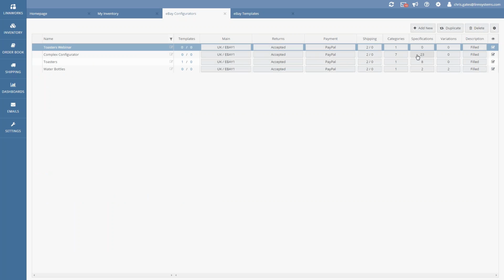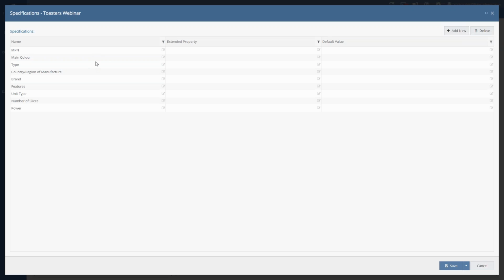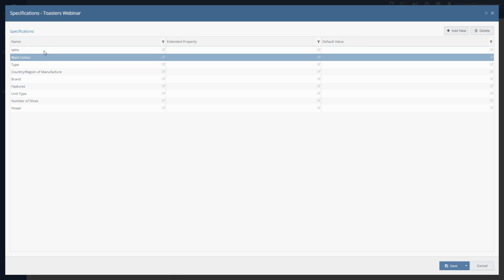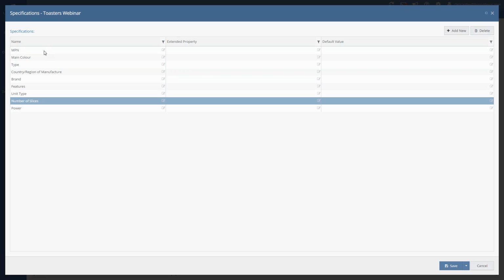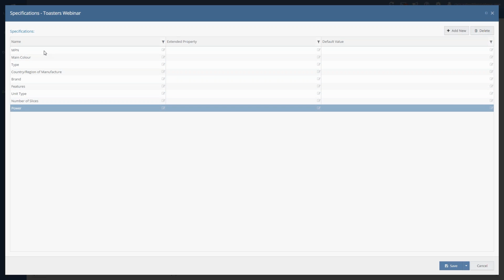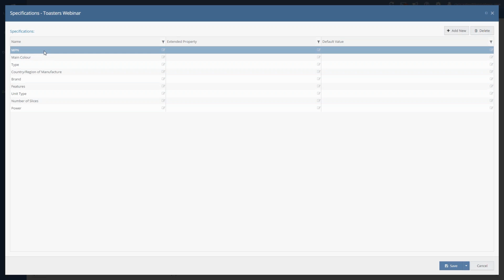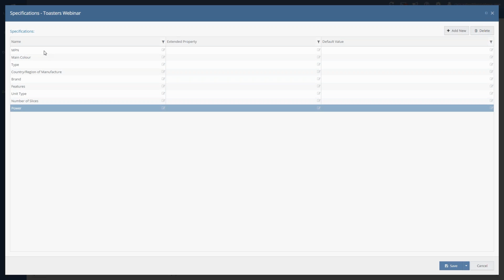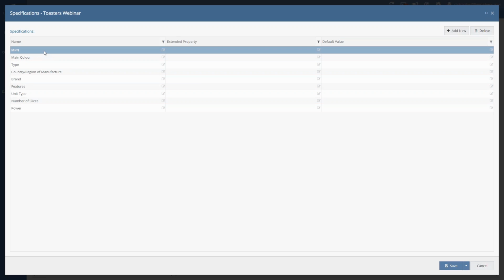And specifications is where it gets interesting, because if I open specifications up now, eBay will tell us that because we've picked the toaster category, all of these item specifics are recommended for listing in that category. Okay, so that's why I said earlier with the research of exactly what you're going to be listing. Because I've put everything in the toasters category, it knows that all of these are recommended for a type of listing. Okay, and I've already done the hard work because I've put all of this information on my item as